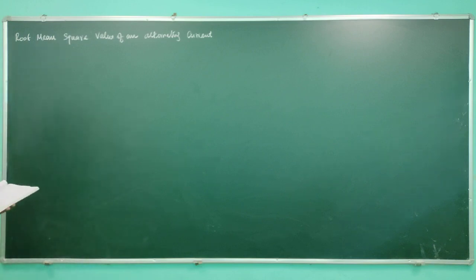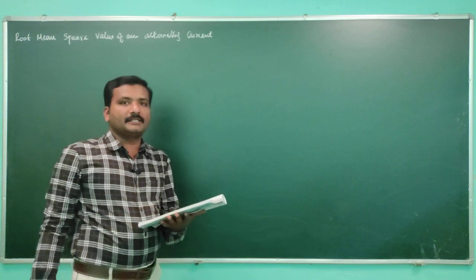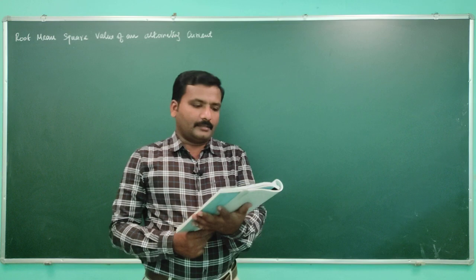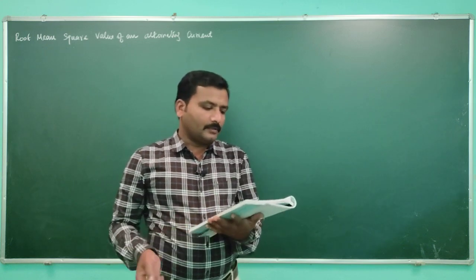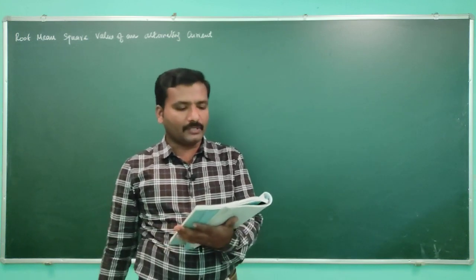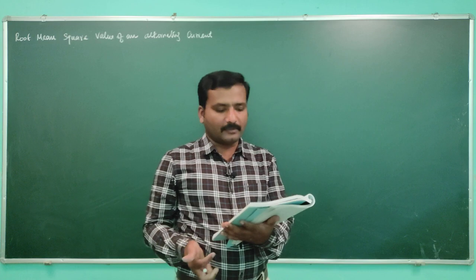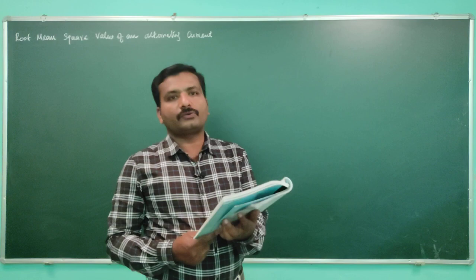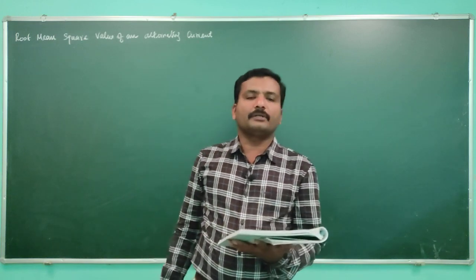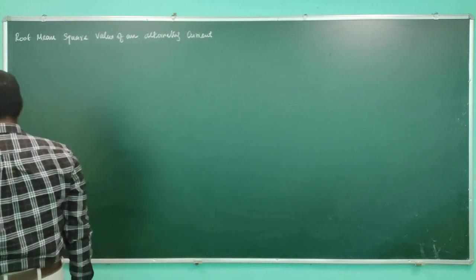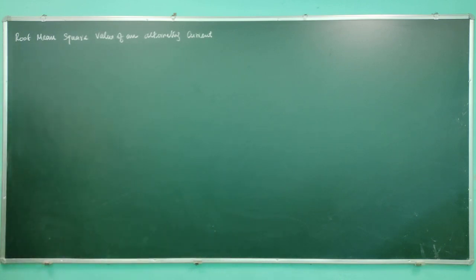Okay, what we have to do? We have to consider the expression for the instantaneous value of current at any point. That expression, I equal to I naught sin omega t, we have to consider, take the square of it, and calculate the mean of that square value, the mean square value. Then you have to take the square root of that, so that we get the root mean square value.